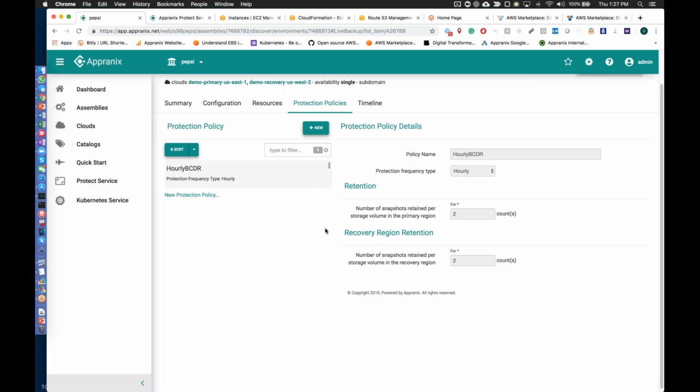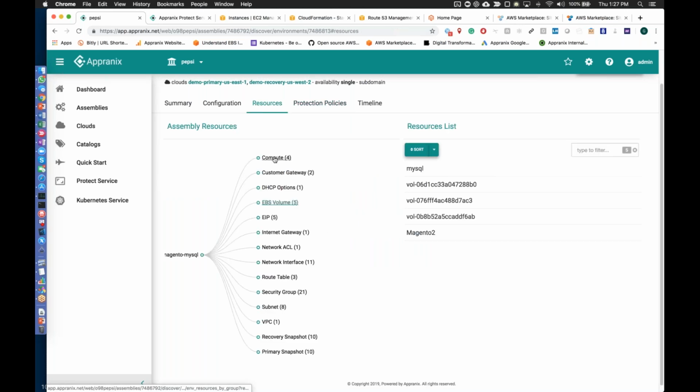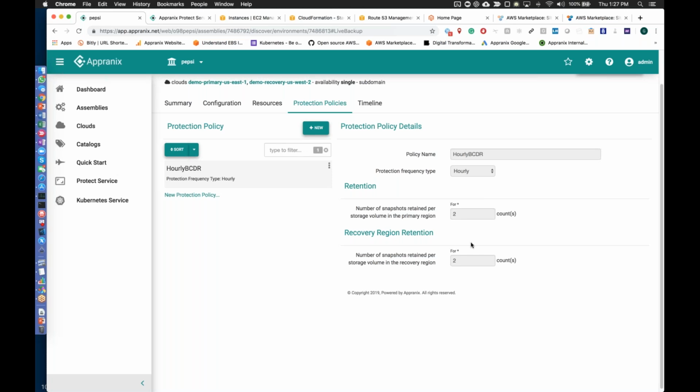Now, the key thing is, it's not about just taking the snapshots of the EBS volumes and bringing them back in a different region. It's about keeping all other cloud resources. In this particular case, for 4 virtual machine instances, you will have to handle about 80 different resource types, roughly 80 different resources from an AWS platform services perspective. So you'll have to manage all of them together if you have to bring application resiliency to your applications. Protection policies automatically create those, and that's all you have to do.